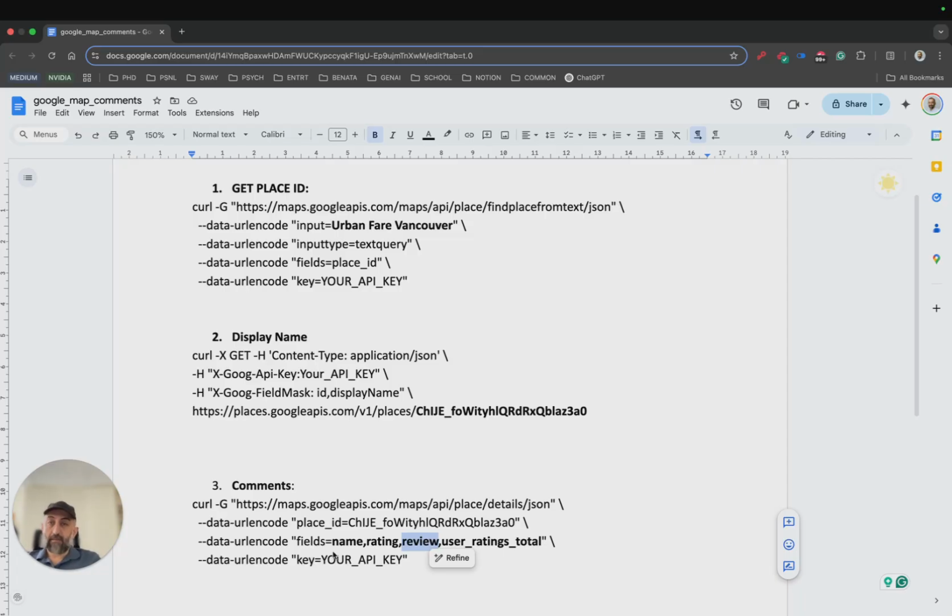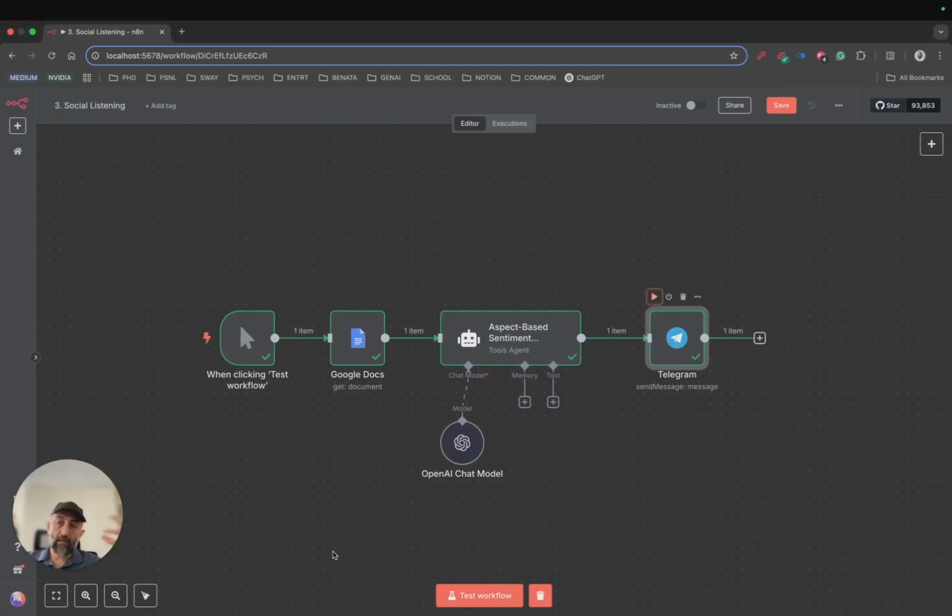I did this offline, retrieved the data, collected the information and stored it in a Google Doc. The reason that I put it in a Google Doc is just for the sake of not calling the Google API every time that I run this workflow, because I wanted to make sure that this workflow runs efficiently with the right prompt and the right configuration. So I did not want to call the Google API every time. I call it once, retrieve the data, store it in a Google Doc, and use that Google Doc within this workflow.